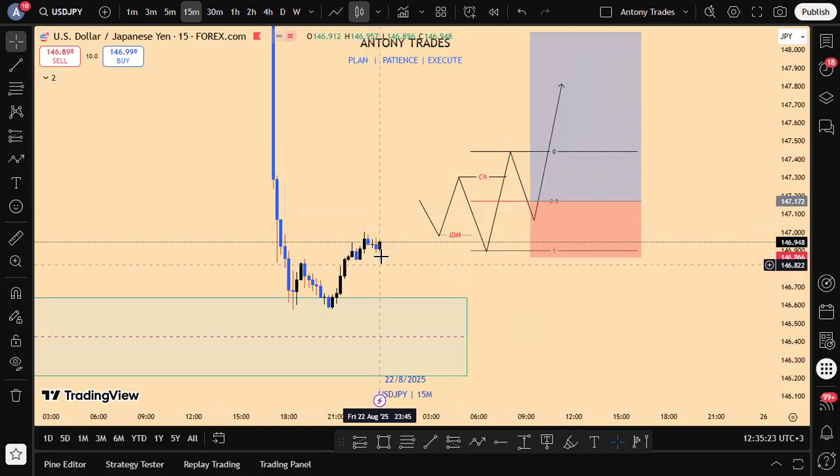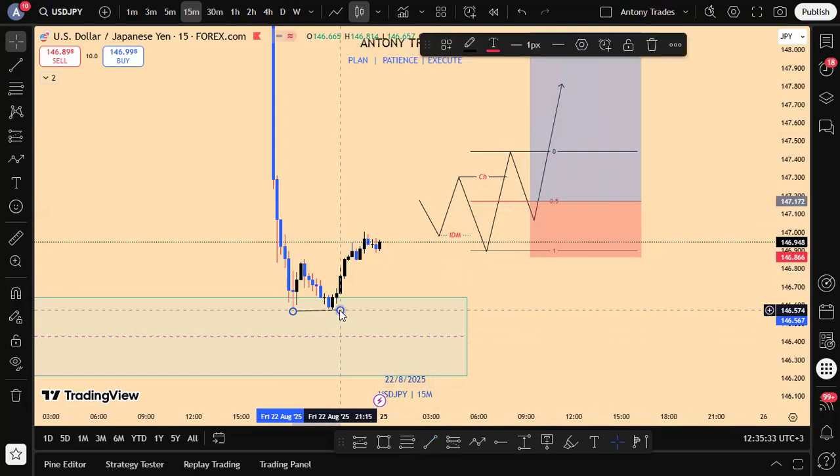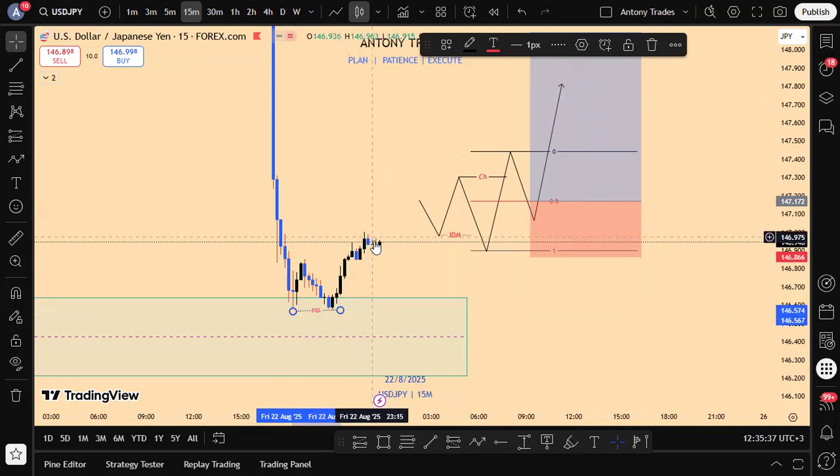So I'm expecting a push to the downside to clear this equal lows. You can see here simply market never swept this low here. It left equal lows here. So that is liquidity. Market left liquidity down there. So I'm expecting the push to the downside, clearing this liquidity. Then after that, I see a break to the upside or a change of character, then now I'll be happy